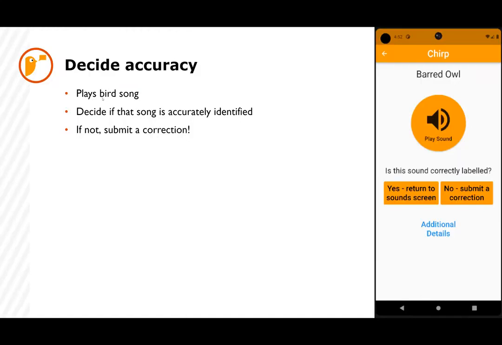This screen is quite self-explanatory. It asks you, yes, is this sound correctly labeled? No, submit a correction. If they are not sure and would like to see more information on that bird, they are able to